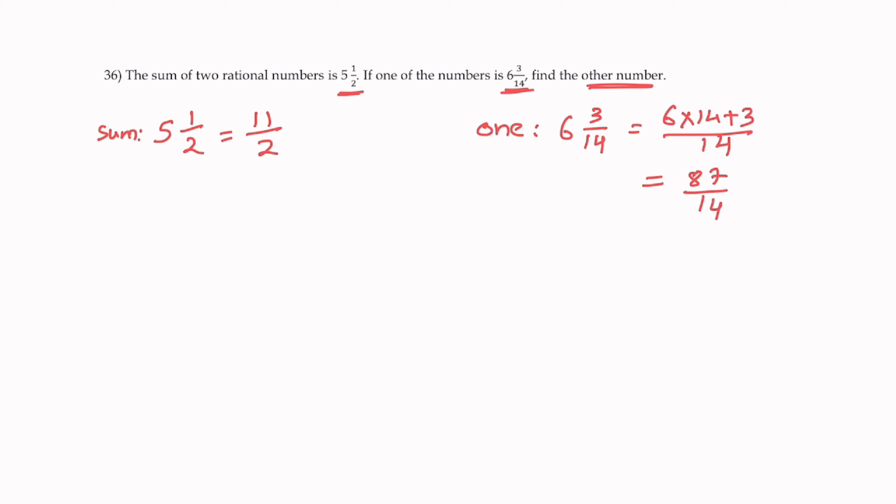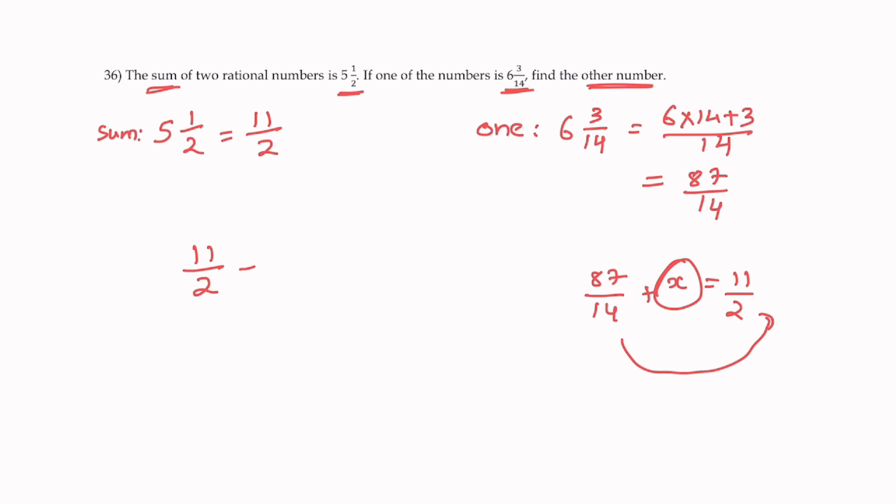So basically it's a sum, right? So we have two numbers. The total is given to us. We are given one number. You have to find the other number. So it's like, you know, there's one number which is 87/14 plus the other number, let's say x, equals 11/2. So you're expected to find this. So to do that, you actually subtract this one aside, right? So basically it is